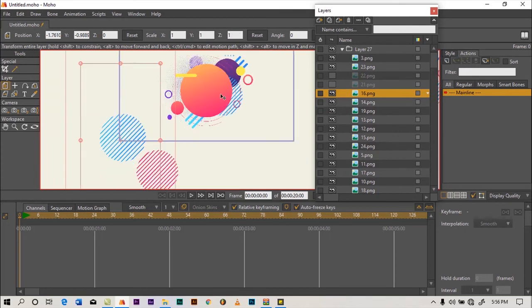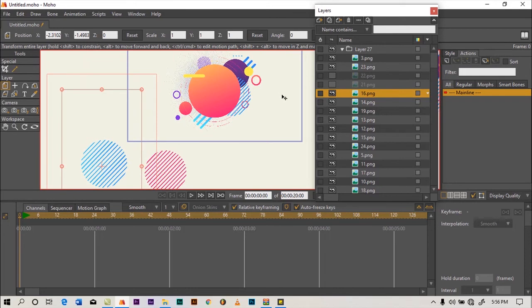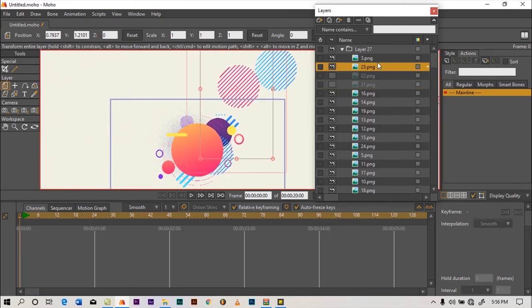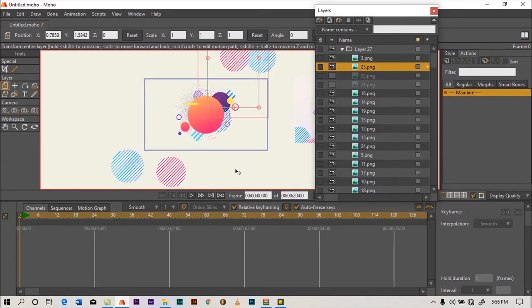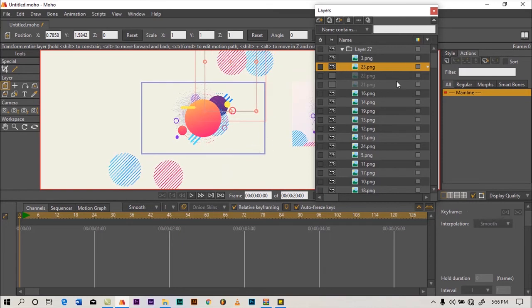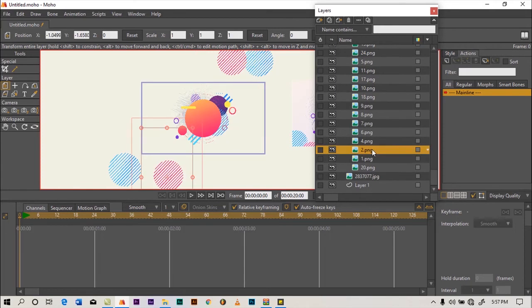So 16, I bring that one out also. What I want to do is make sure that they come in at subsequent times, almost at the same interval. So I'll quickly animate those ones. So I'm animating 23, 16, and 2,